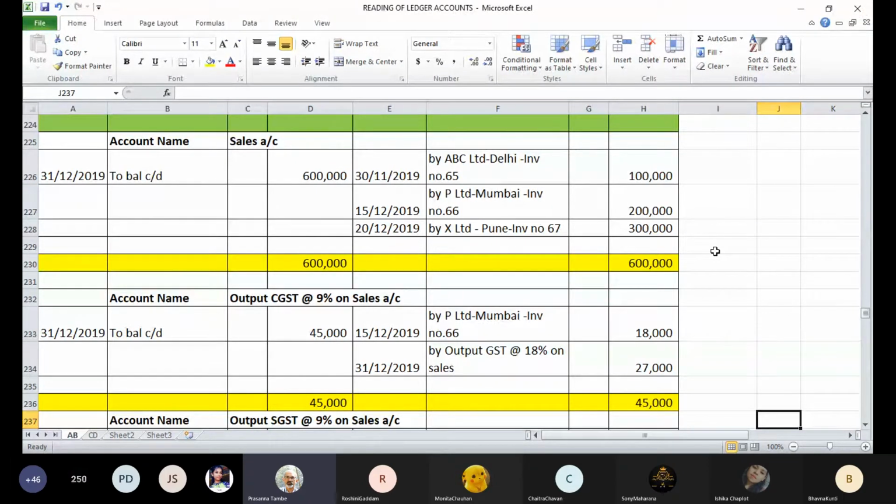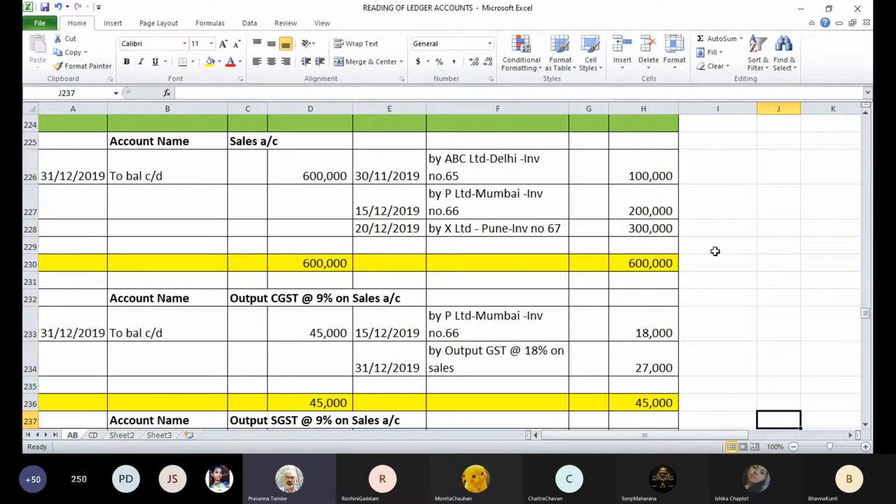It is called as central GST. Next one is SGST, which is state GST. And the third one is IGST, which is for interstate transactions. So it is an interstate transaction related GST. So three components: SGST, CGST, and IGST. Now, which component you will show in your bill depends on what kind of sale you have made.